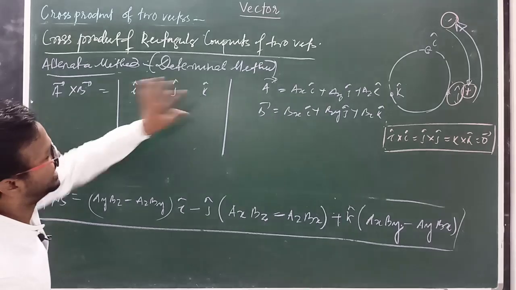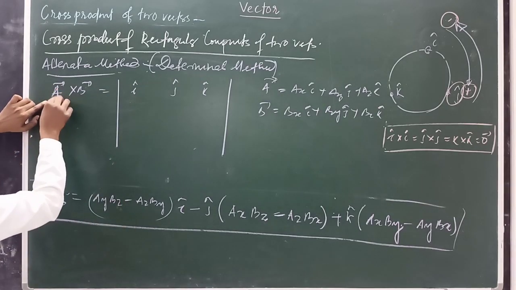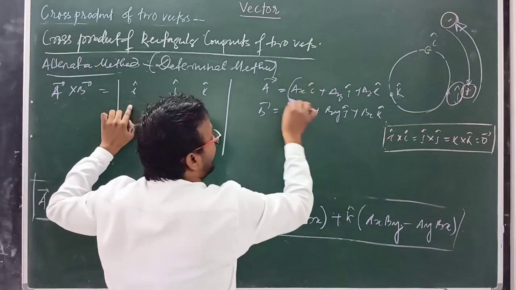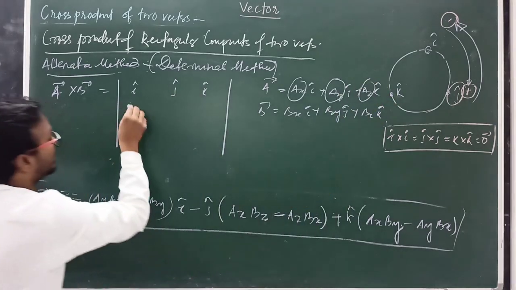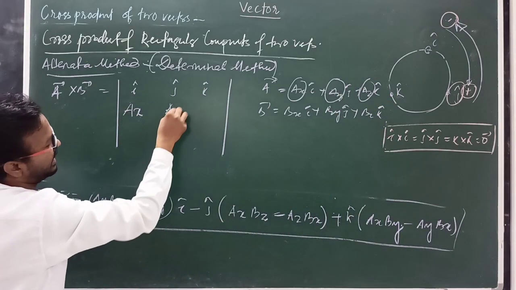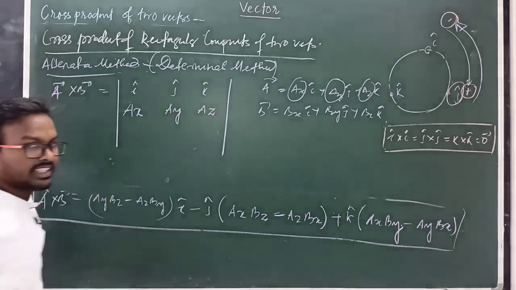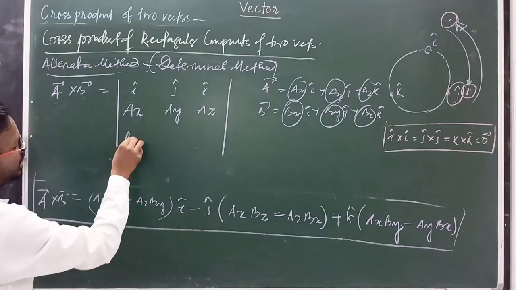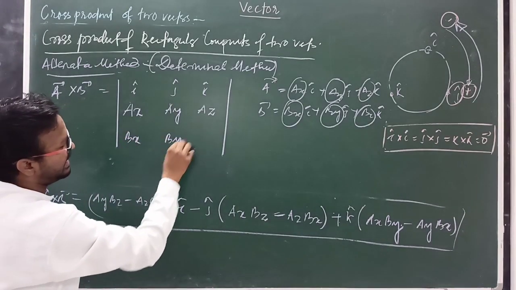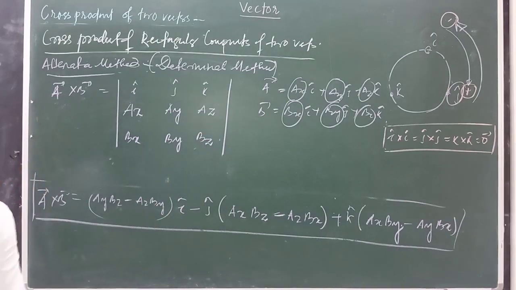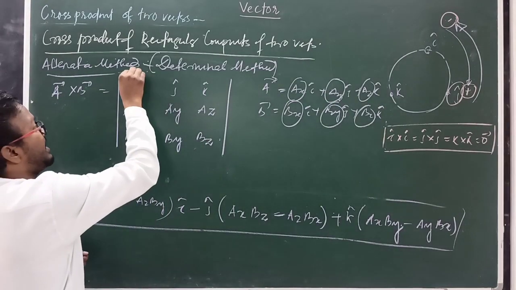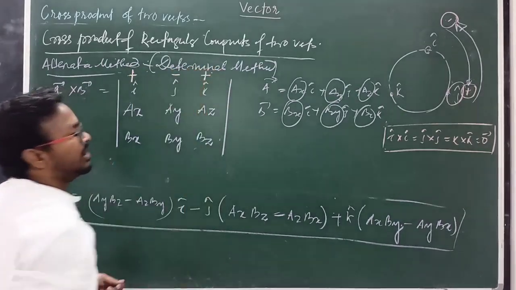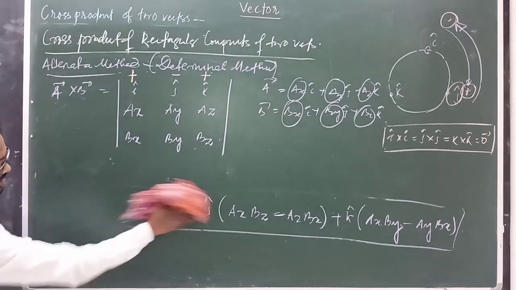Now I cap J cap K cap, then A vector component. A cross B means A vector component here Ax Ay Az. So you can write here Ax Ay Az, then B vector and its component Bx By Bz. So here Bx By and Bz, but sign convention is important. So I cap first positive sign plus, and middle term negative and last one positive. So multiplication is important here.